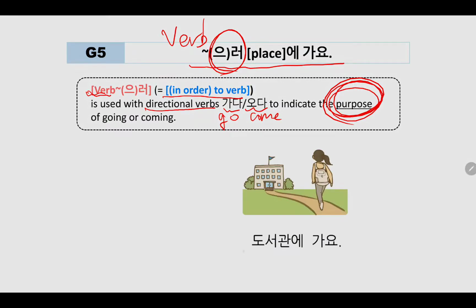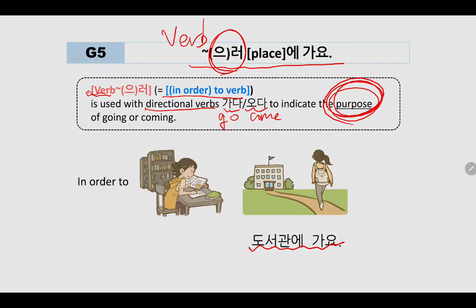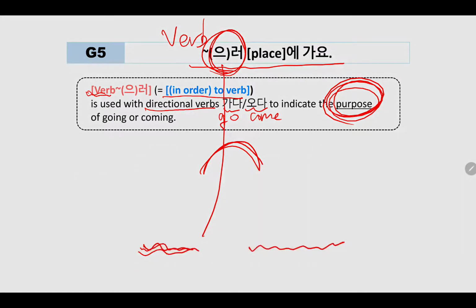So we learned the expression 도서관에 가요. I go to the library. 도서관에 가요. But why do you go to the 도서관? 공부하다. So in order to study. You just know how to express these in separate sentences. But how would you connect these two? You use this 으러 here. So 공부하다 should be conjugated with this ending. So it becomes